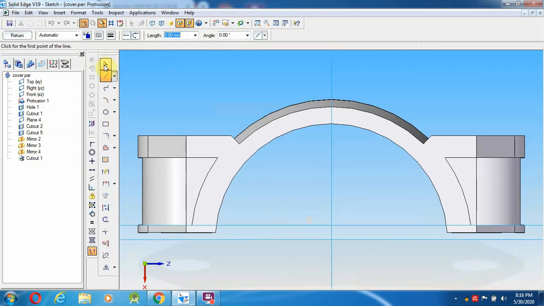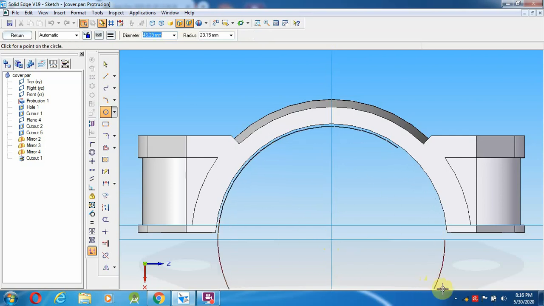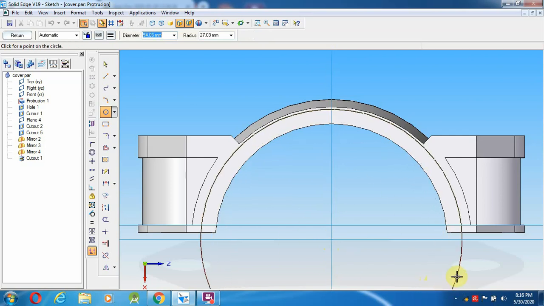Select a circle from here to a little bit inside, select a line from here to here, and a straight line.